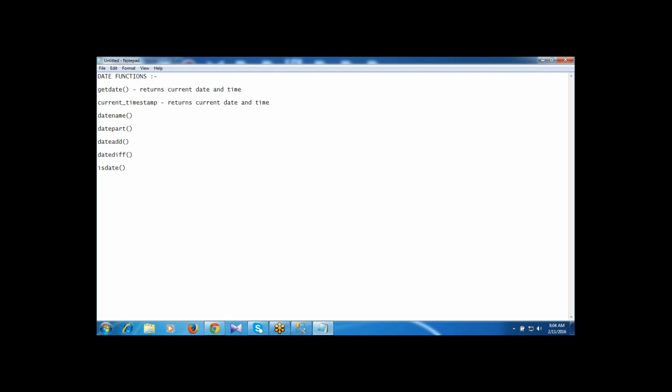The GETDATE function returns the current date and time. The CURRENT_TIMESTAMP function returns the current date and time, or system date and time. DATENAME is the function which returns some portion of the given date. DATEPART also. DATEADD adds months, days, or years to the given date.